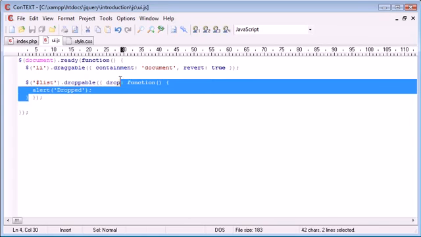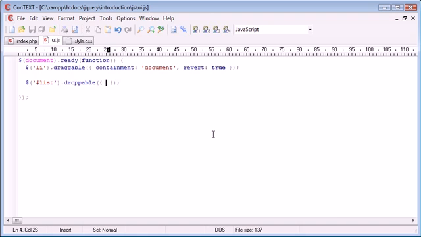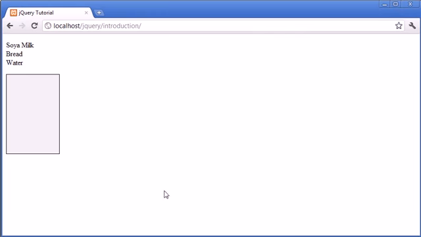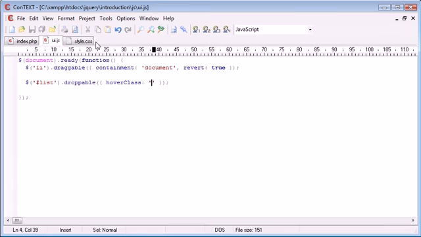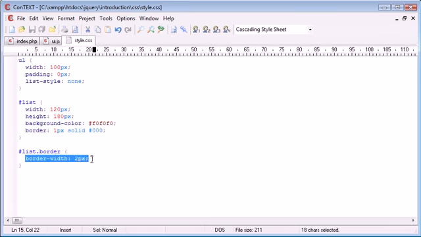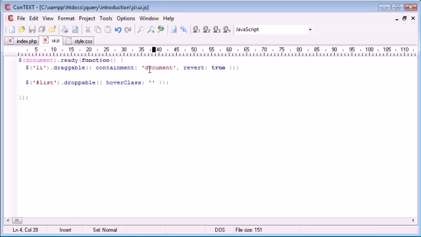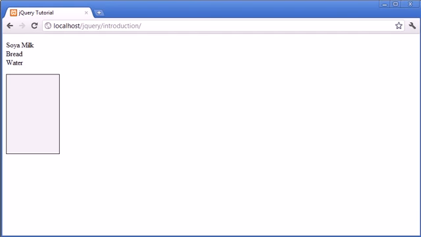So we know that works, so we can go ahead and get rid of that. Now the properties we need to give the droppable list are, like I was attempting to do before, the hover class. And the hover class is going to, like I said, change the border of this because we've specified a border class inside of our style.css file. And that's just going to be border then. No need to add the dot as you usually would think to do so. So now when we hover an element over this, the border changes to 2 pixels as opposed to 1. So this just ensures that the user knows, yep, that's